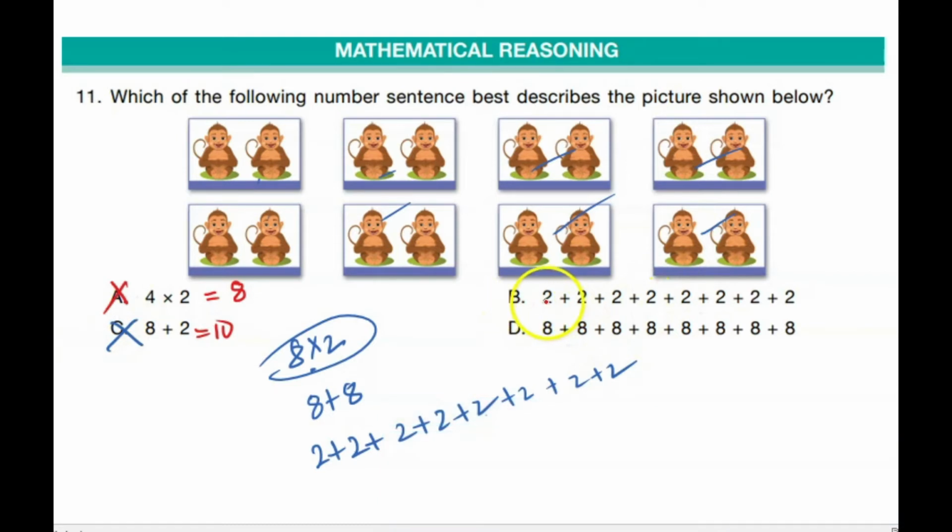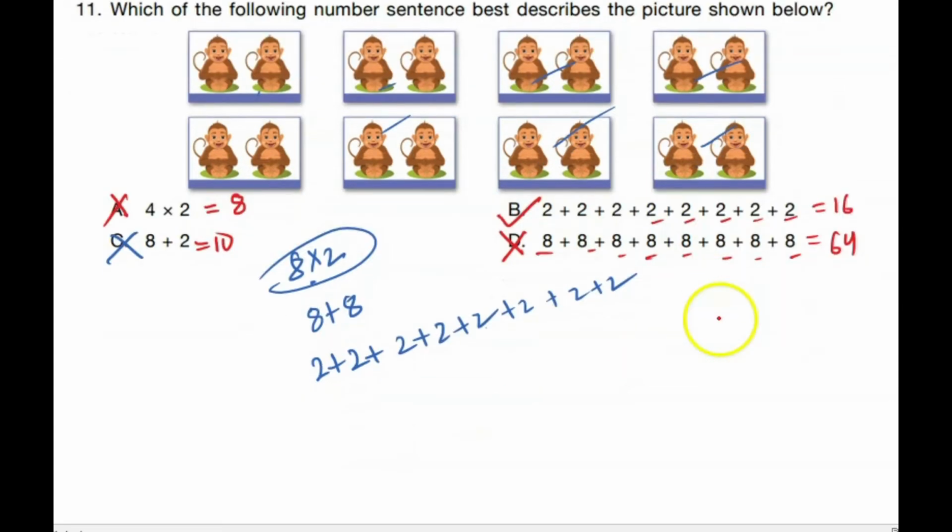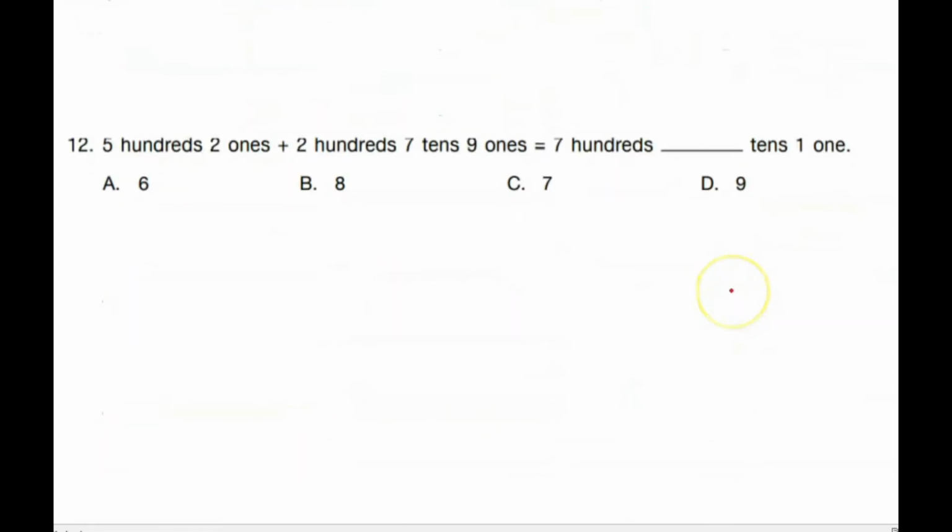Option B, 2 plus 2, 4 plus 2, 6 plus 2, 8 plus 2, 10 plus 2, 12 plus 2, 14 plus 2, 16. This is giving us 16. So it will be the answer. 8 times 8 is 64. Are there 64 monkeys? No. So option B is correct. Next question we have is